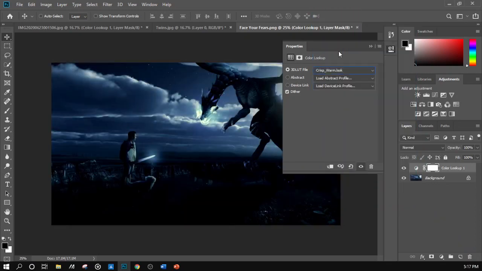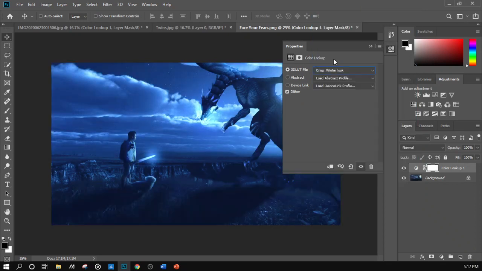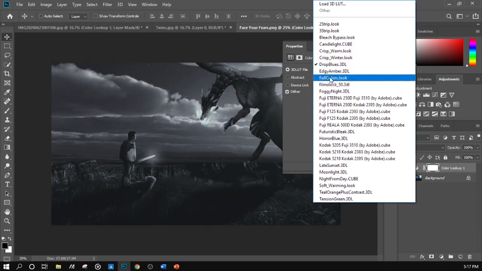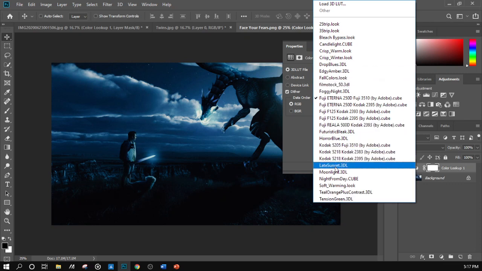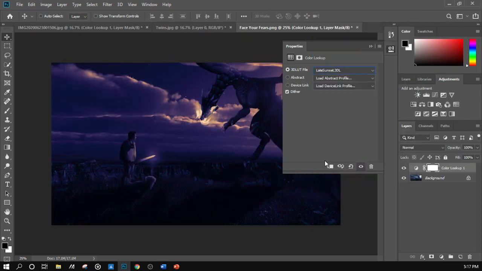We have crisp warm. We have crisp winter. Drop blues. Let's try another one. Film stock. Okay. All right. So these are just some of the different looks that I have downloaded in my computer,